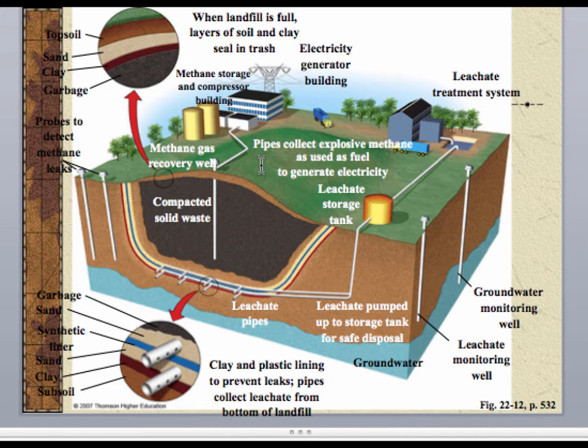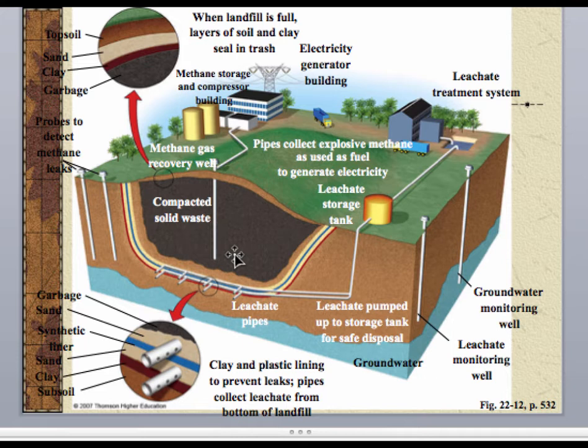Your sanitary landfills, which we have in the United States, spread the solid waste out in thin layers, which is going to be mandatory here. And they have different types of layers, and you have clay and plastic, and this is to reduce the leachate. The modern landfills line the bottom with an impermeable liner, which collects the leachate. Rainwater is contaminated as it percolates down through the solid waste. So as it percolates through, it's going to get contaminated.